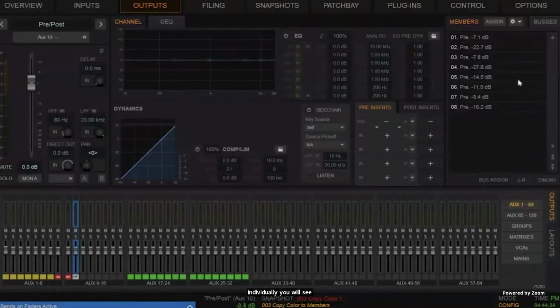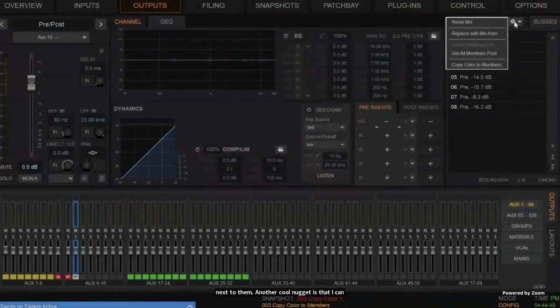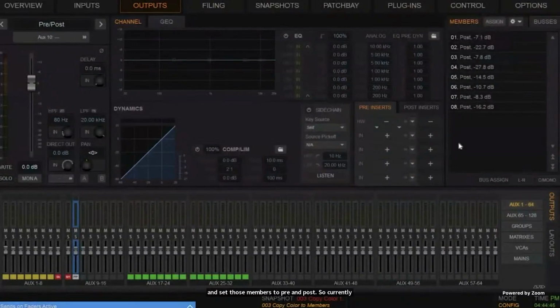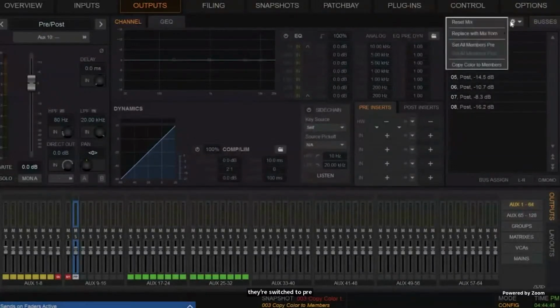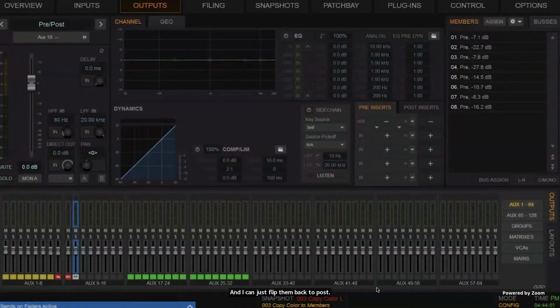Another cool nugget is that I can flip things, every member within the group, and set those members to pre and post. So currently they're switched to pre, and I can just flip them back to post, flip them back to pre, right? That's awesome. And then if we take a look at a group master,